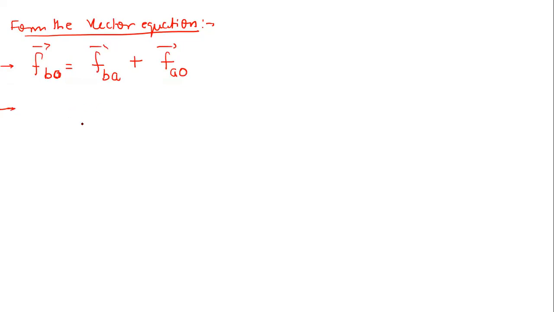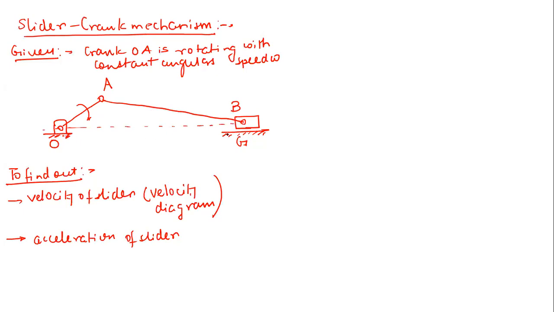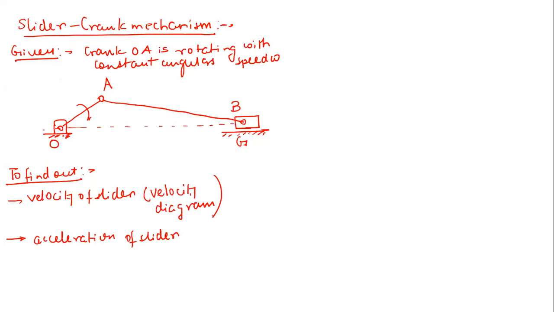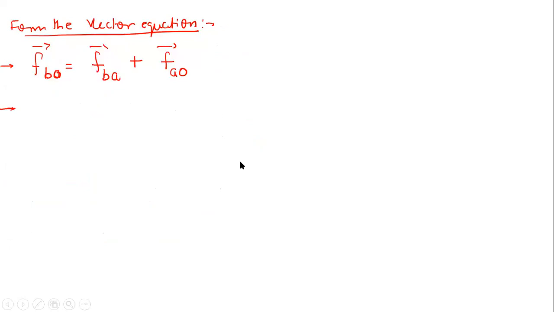Now I already told you that when such situations happen, we can replace this FBO by which vector? Can anyone tell? Initially we also did it. We are now interested to replace it with FBG. Very good. Since the fixed point closest to this point B is this G, you immediately replace this FBO vector with the FBG vector. Nothing else. Now this is again FBA vector plus FAO vector.